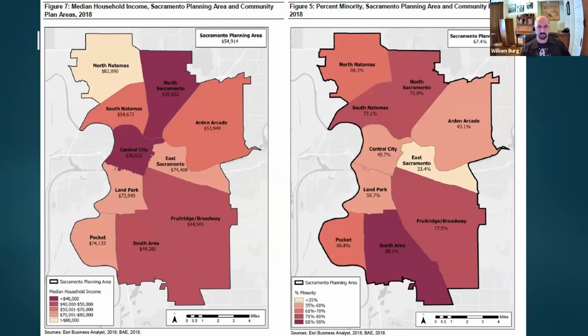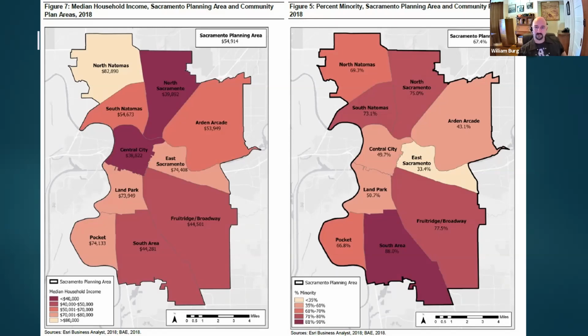And this was a really revealing set of maps. I'm really glad the city put these in there because they show some interesting things. Number one is that the central city, which is assumed to be totally gentrified and only rich people can live there, has the lowest median household income of any part of the city of Sacramento. As you compare it to East Sacramento and Land Park adjacent to it, the incomes there are double the income of the central city. Now, partially it's because there are more single-person households. But North Sacramento is much lower, South Sacramento is much lower, Land Park and the Pocket are higher, and then North Natomas in the upper left, almost all new construction, is about the wealthiest neighborhood in the city.